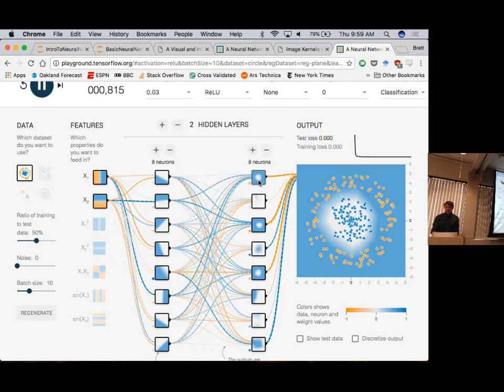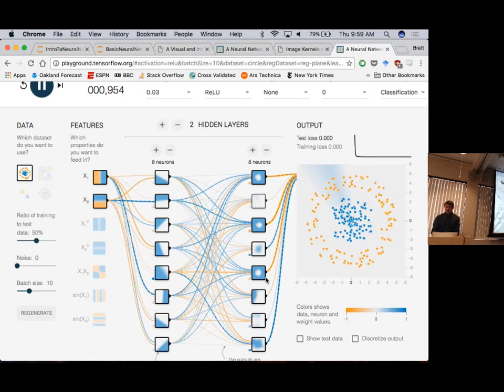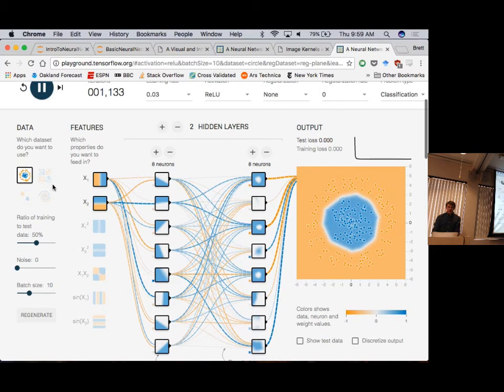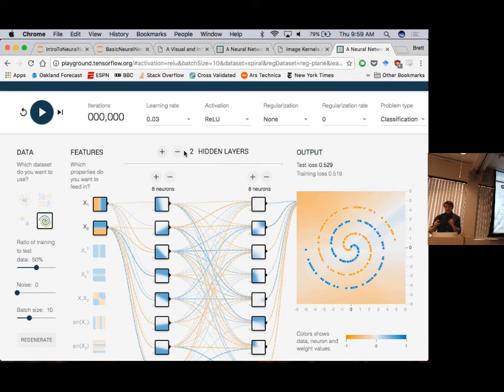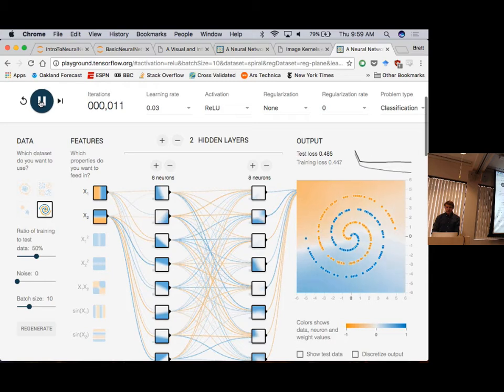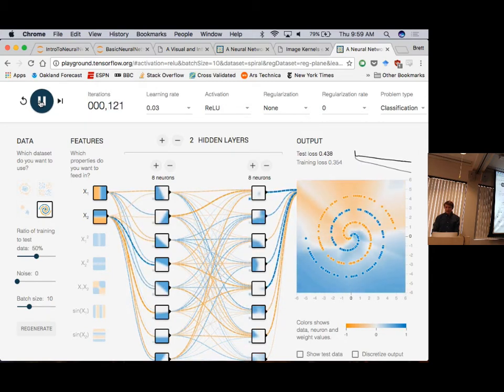This is learning to see stuff that's inside of the circle, or outside of the circle, actually. And then these are different other little projections. This is learning to see stuff that's on the periphery. But now this is basically completely done. If we have something even harder, like this spiral data set, we're going to need some very complicated function to represent these different classes. So I'm not sure that this is going to work. But I think it's pretty fun to just watch it try.